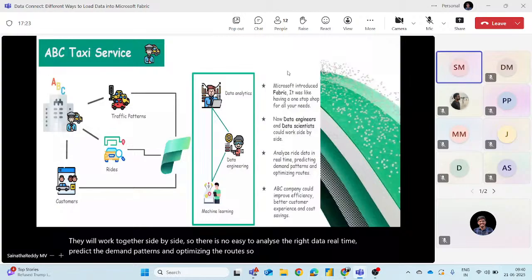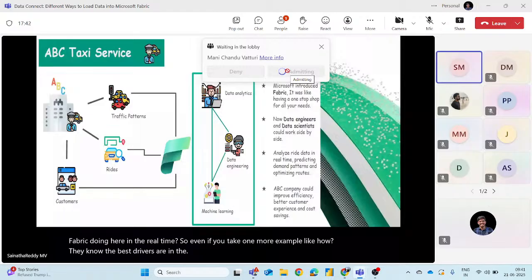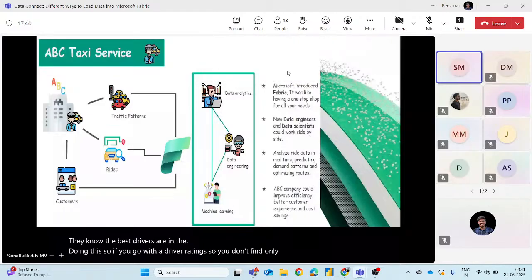So what is Microsoft Fabric doing here in real time? Even if you take one more example, like how they know who the best drivers are. If you go with driver ratings, you don't find only the driver rating. Is it enough to find out the best driver? Not right.